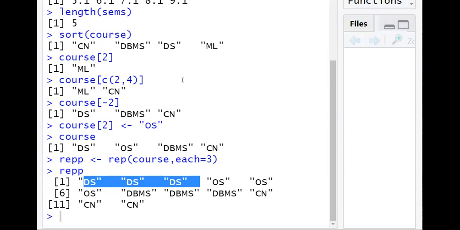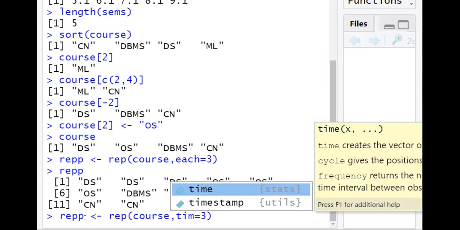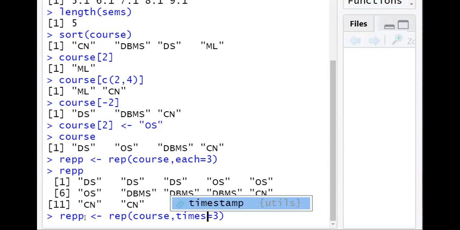So that will repeat each value. Each value is repeated 3 times. Now suppose we don't want the result to be like this. What happened here is the DS, all the 3 are together. So instead we want the first entire vector, then the second time the vector will print.